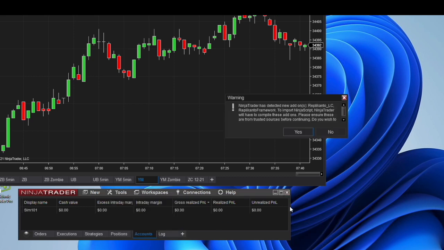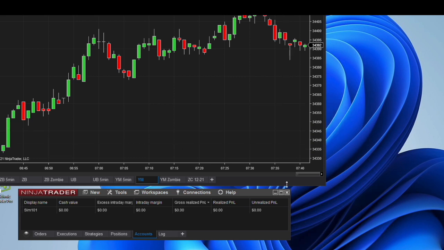Yes. Now, importing sometimes takes a few seconds. Now we get another warning. Going to go ahead and hit yes. They're just confirming, hey, you sure you want to import this? And there we go. NinjaTrader requires you shut down and restart the application for the assembly. Replikanto. Let's do it. Okay guys, when you restart NinjaTrader, nothing looks different, and you might say to yourself, how